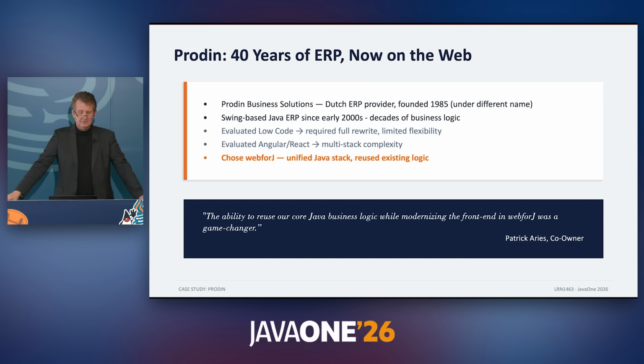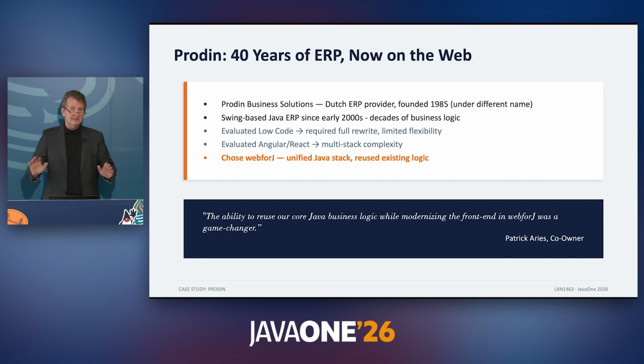And so they have evaluated low code that would have required a full rewrite, and they found it quite constrained and limited. As an ERP vendor, they wanted to have more control over how the UI looks, how it behaves, and they also have some, especially for the manufacturing, requirements to be a bit more versatile with the UI. And then they evaluated Angular and React, and they quickly also found themselves in this